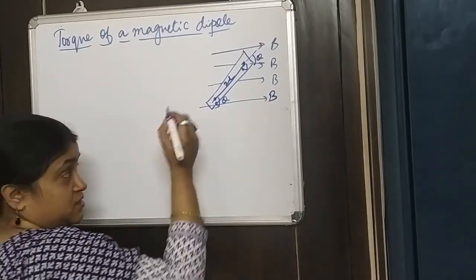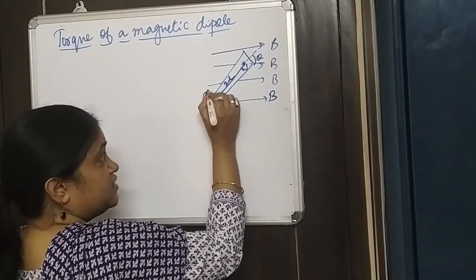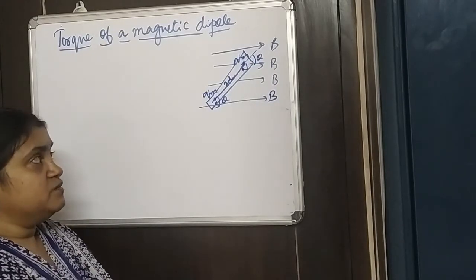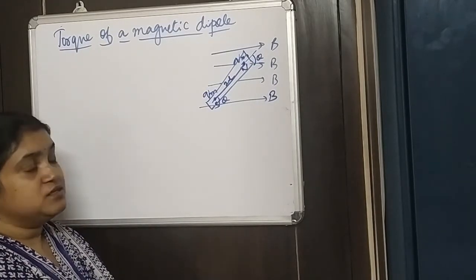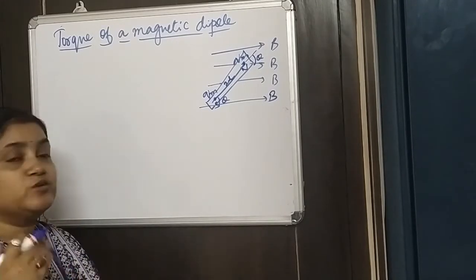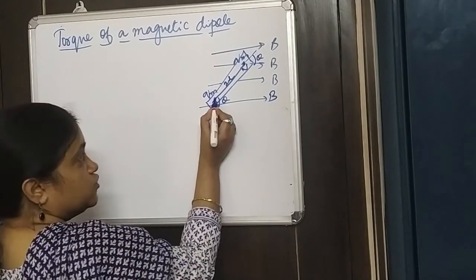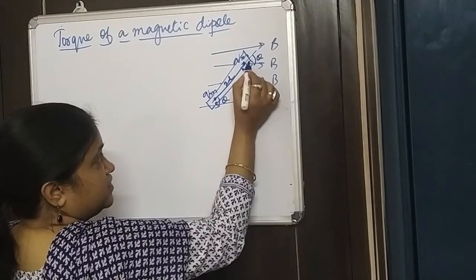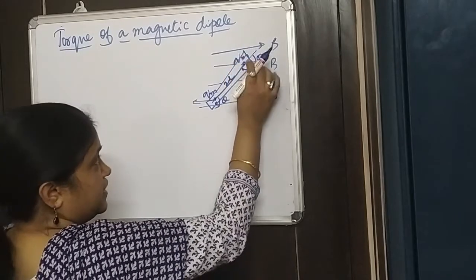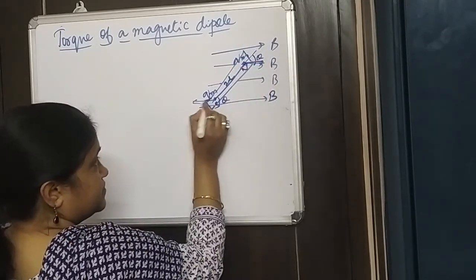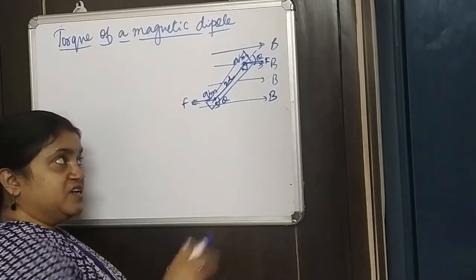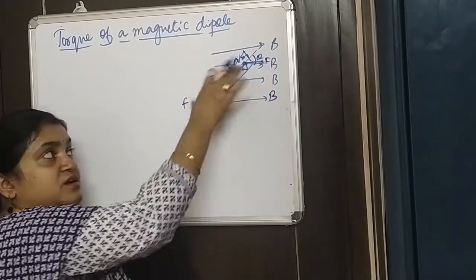When this particular magnet is kept, suppose the magnetic pole strength for this is QM, then what happens is they would feel a force, or they would feel a rotatory force or torque. So there will be a magnetic force or torque. Here I can say that these two forces will make a couple.